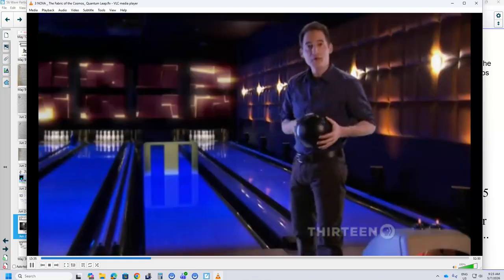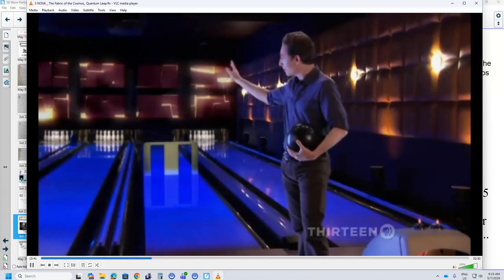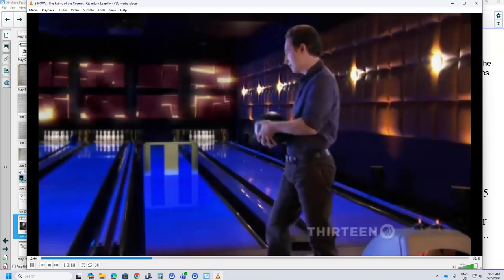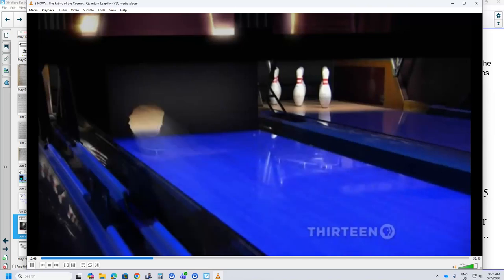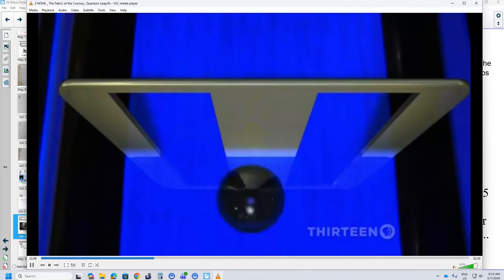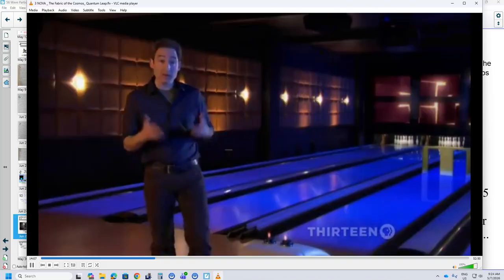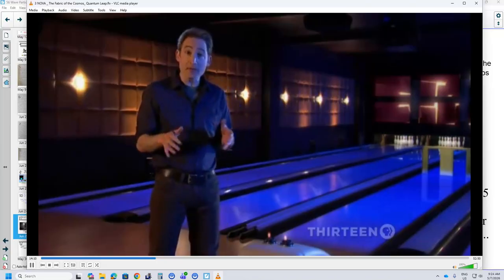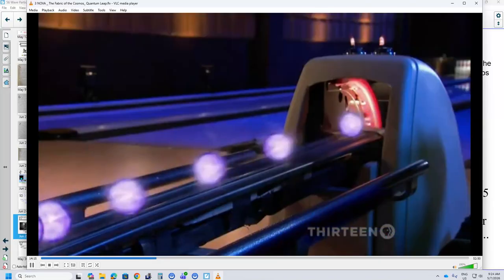You'd expect that if I roll a few of these balls down the lane, they'll either be stopped by the barrier or pass through one or the other slit and hit the screen at the back. And in fact, that's just what happens. Those balls that make it through always hit the screen directly behind either the left slit or the right slit. The double slit experiment was much like this, except instead of bowling balls, you use electrons, which are billions of times smaller. You can picture them like this.